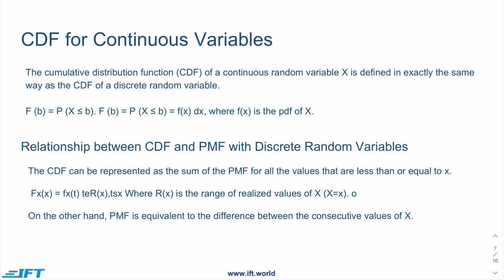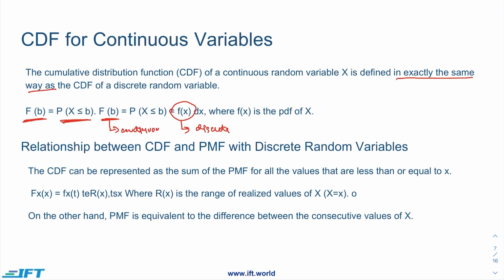Now we talk about the CDF for a discrete random variable. We can have a CDF for a continuous variable as well. The CDF of a continuous random variable is defined in exactly the same way as the CDF of a discrete random variable. So basically the concept would remain the same. In this particular case, for the function, we would be calculating the probability of x less than or equal to b, denoted by capital F of b. For the discrete function, we would represent it as a small f of x. So the small fx is related to discrete, and the capital F is related to continuous, but